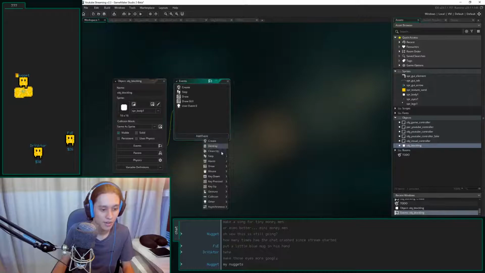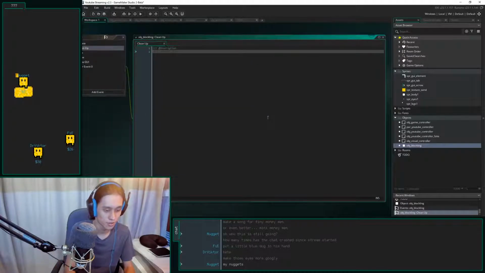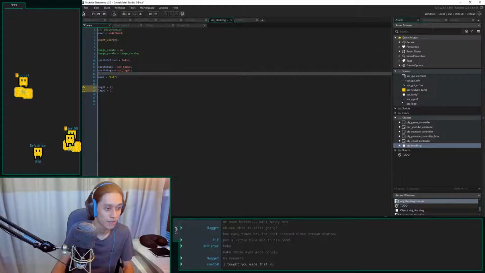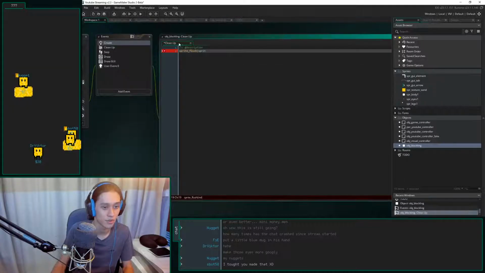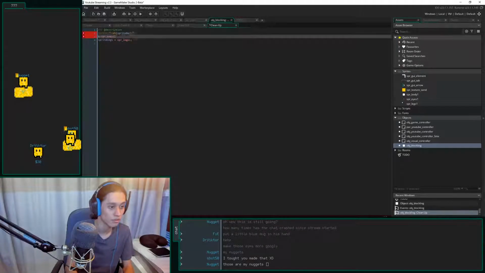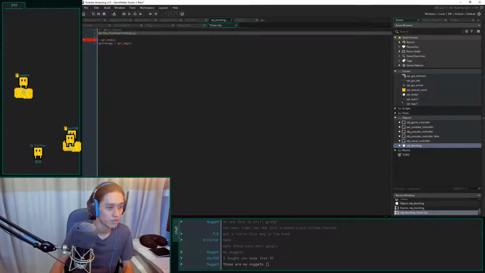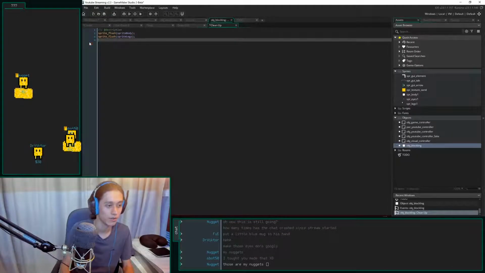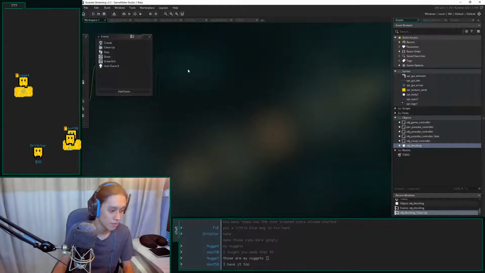Object blockling, add event. When I destroy it, actually when I clean it up, I want to sprite free. Is it sprite delete? Sprite flush? Sprite flush, I want to free my two sprites so that I can free up the memory for other places as well. There we go. Sprite flush the body and flush the legs. Goodbye, we don't need you anymore. That could be one of the issues.